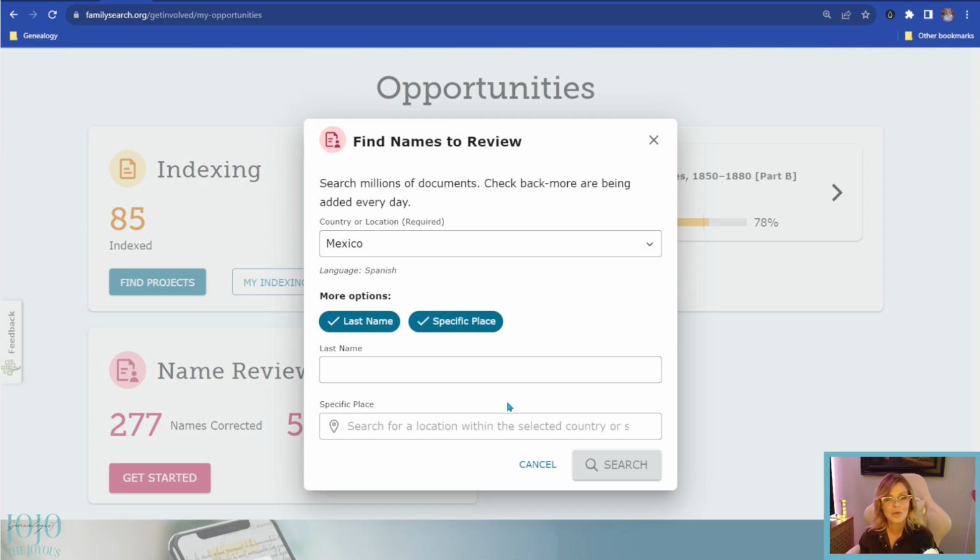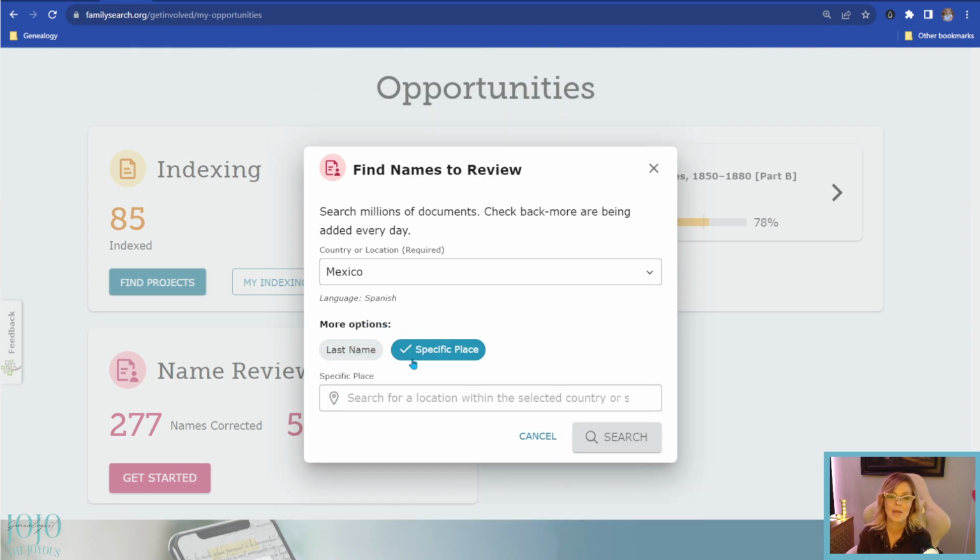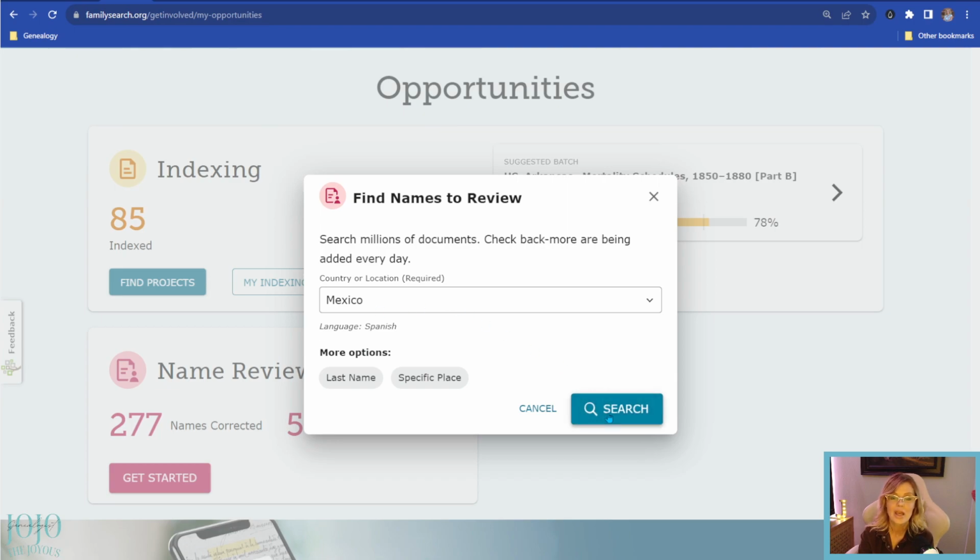When the census record came out for 1950, if I'm right, I actually put in the last name of my family and the area they lived in Indiana, and I found the census record and indexed it myself, which was really neat to do. So that's how you can do that and participate in that, but we're not going to get specific. And then you want to just click search,